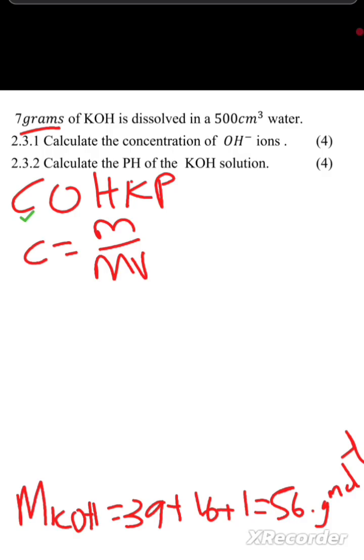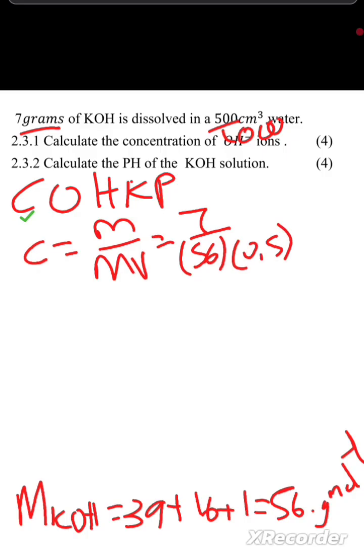Now, this is equal to the mass is 7. The molar mass is 56. Right. And this must be divided by 1,000 to convert it into cubic centimeters. That 500 there. So it will become 0.5. So the concentration there